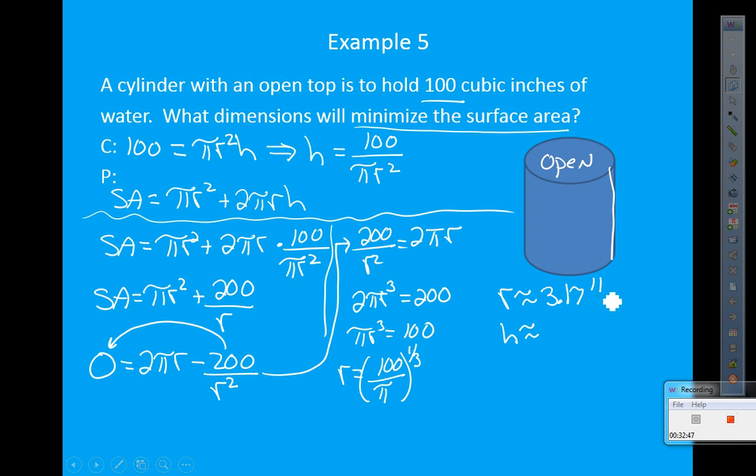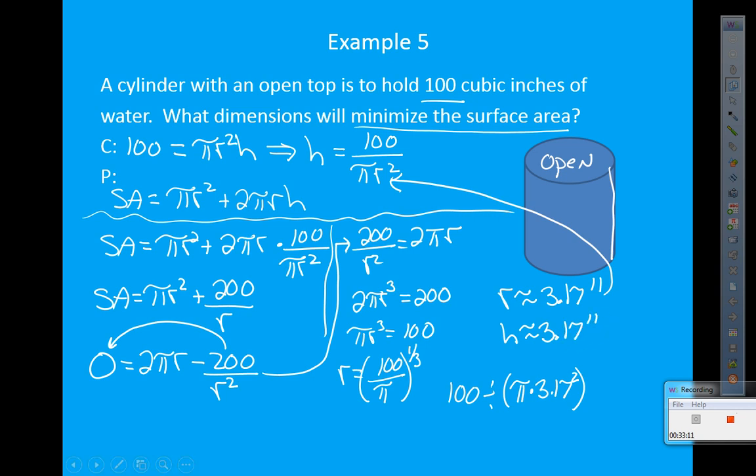So I need to take this 3.17 and plug it right back to there. Be careful when you type this in. You need to go 100 divided by parenthesis pi times 3.17 squared. Close that parenthesis off, hit your enter, and you're going to get approximately